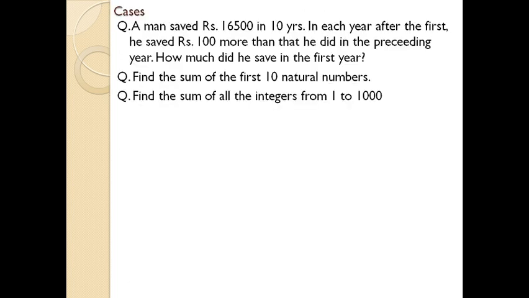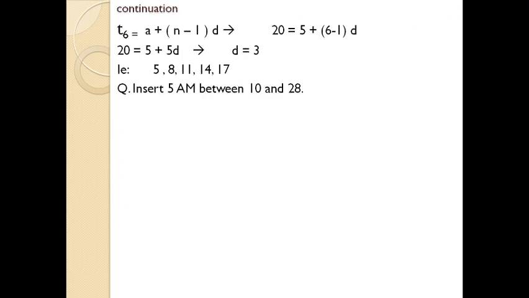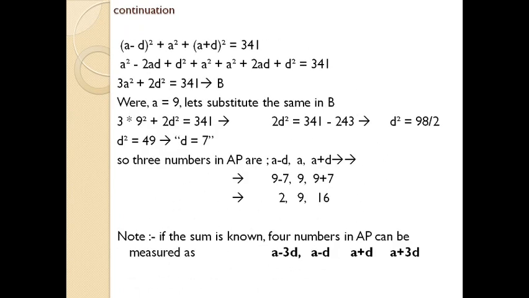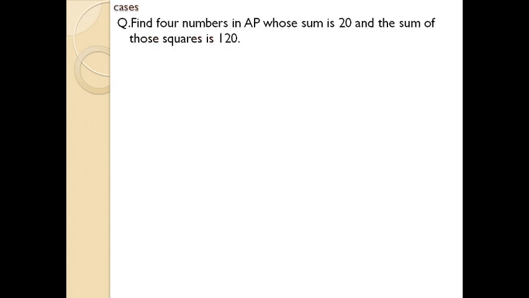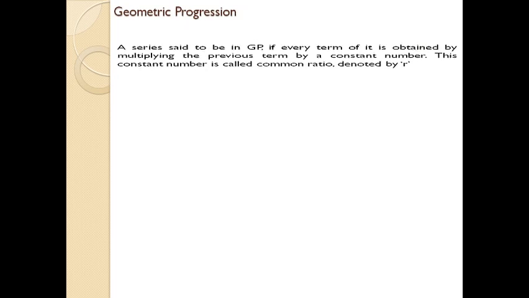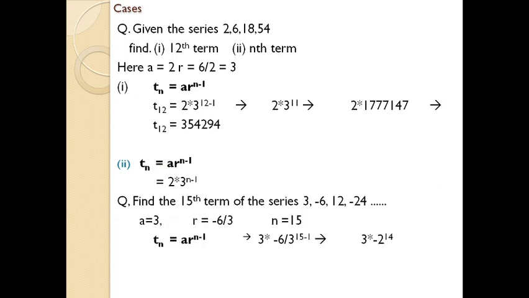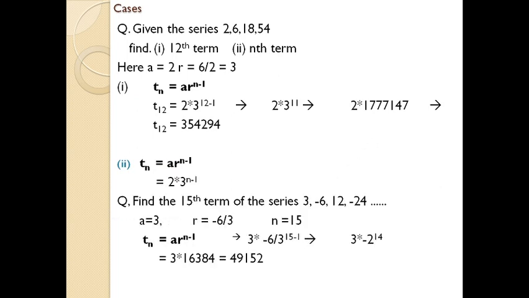Followed by it, we were dealing with arithmetic mean, different cases in arithmetic mean, when the sum of an arithmetic progression is given, whereby you need to find the value of 3 unknown values as well as 4 unknown values. And after that, we've dealt with geometric progression. You know what is meant by geometric progression, equation, different cases. We will further deal with different situations or cases relating to geometric progression.